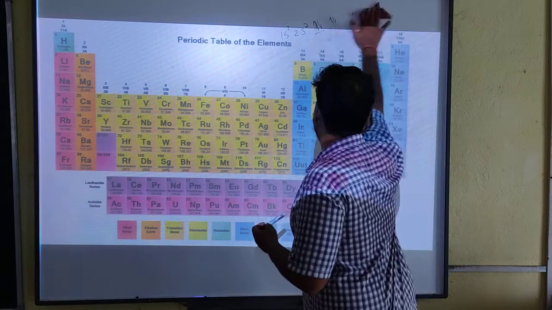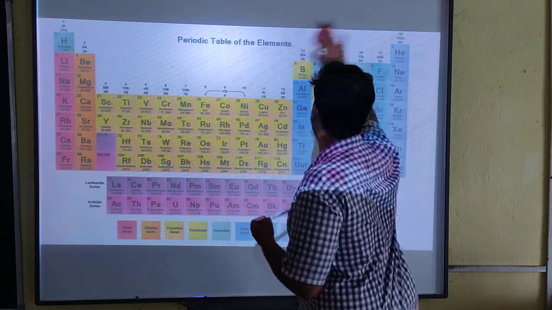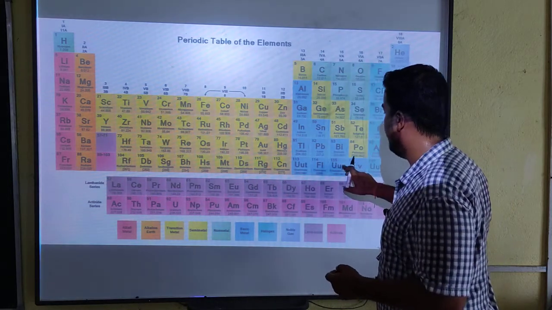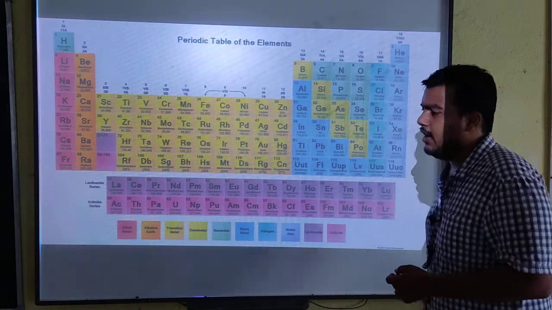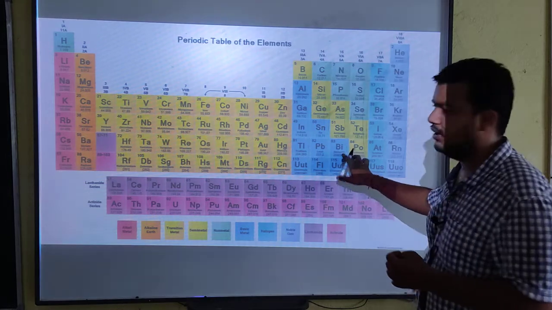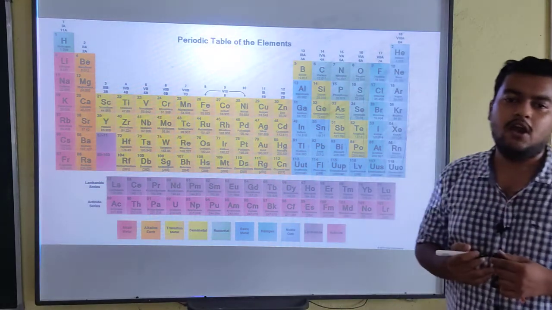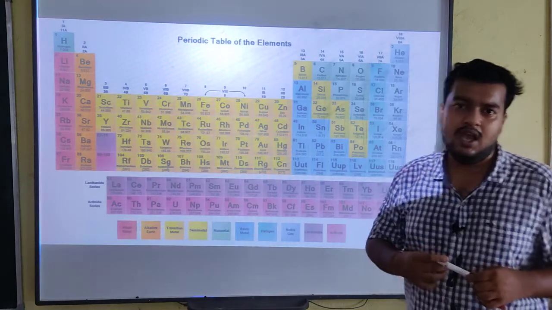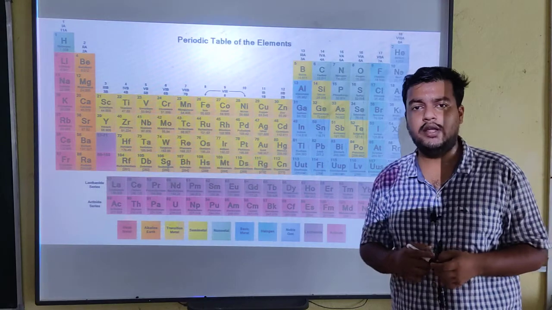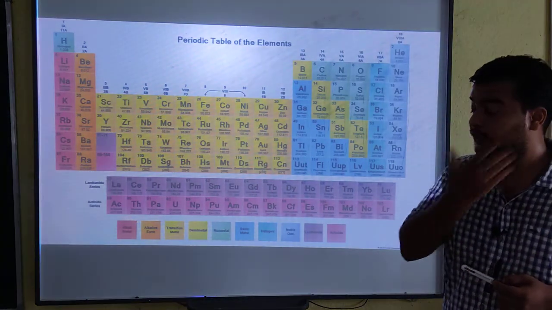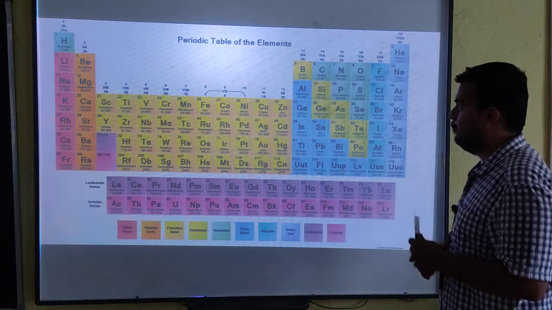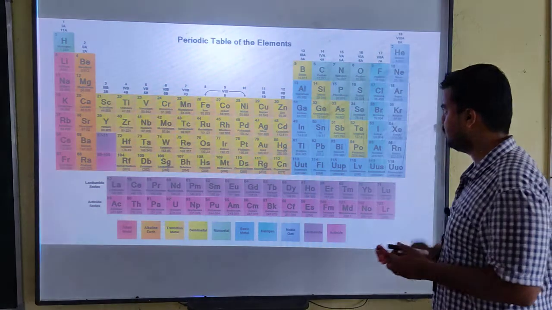So now we will see some of the properties of the 15th group, or the nitrogen group. We will study the p block elements group wise. When I say group wise, it means we will study some of the basic properties of the group 15 elements, how they react with other elements, how they form chemical bonds with other elements, what their most important molecules are, how they are formed in the laboratory and in the factory, and what their day-to-day life uses are. All this we will study in the p block elements of the periodic table.